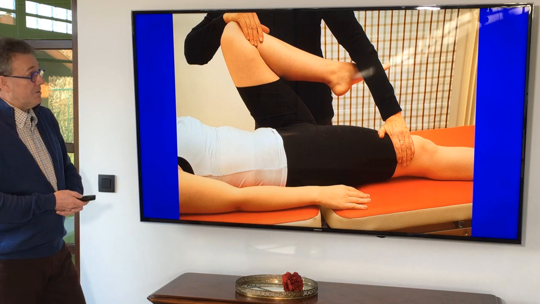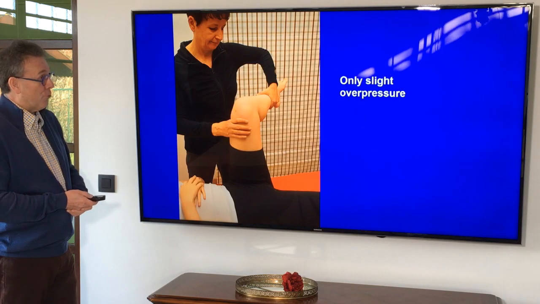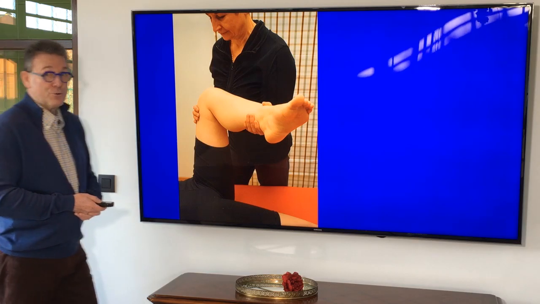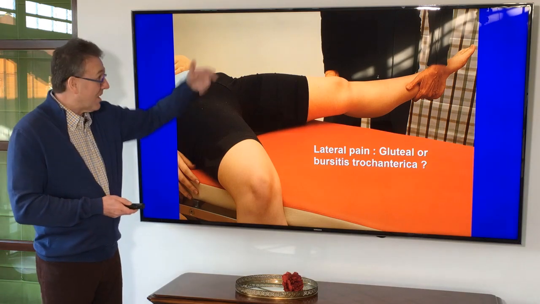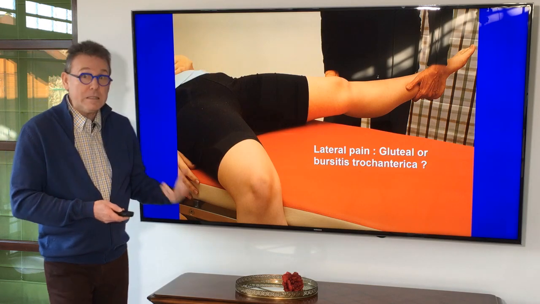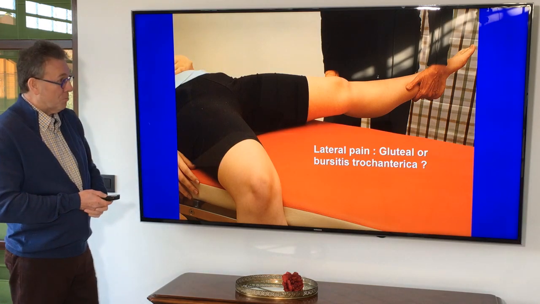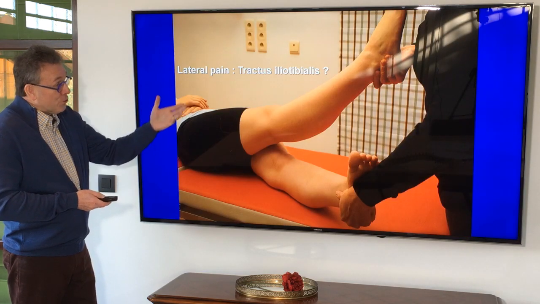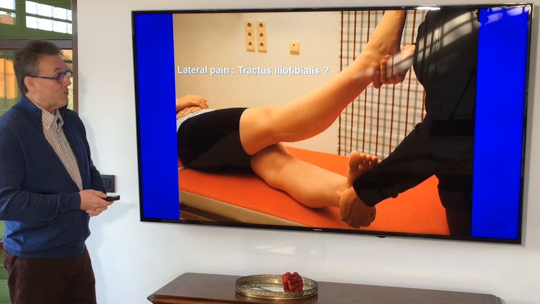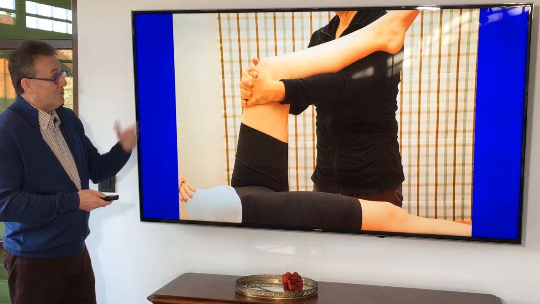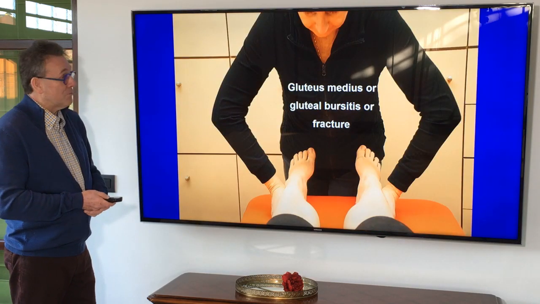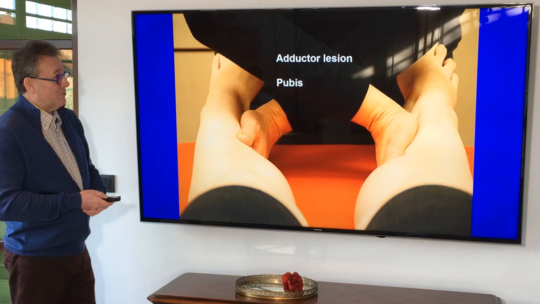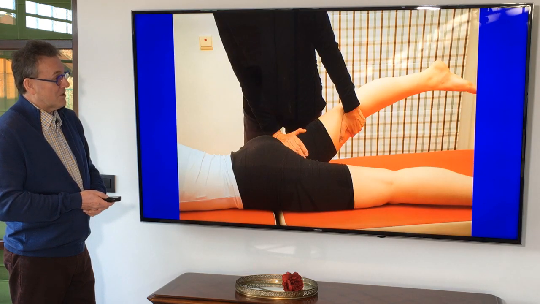Okay, we did hip flexion, hip rotations. Don't use too much force. Passive abduction: when, for instance, the patient has lateral pain, you squeeze in possibly one or more bursae. Or with adduction, you put traction on the iliotibial tract. Resisted flexion, resisted extension, resisted abduction, adduction, passive extension,